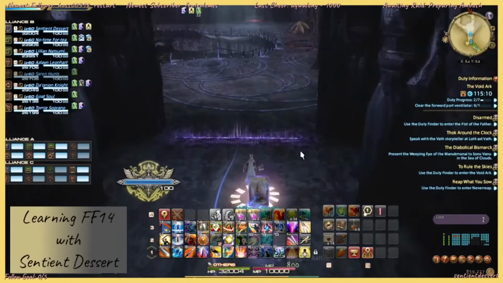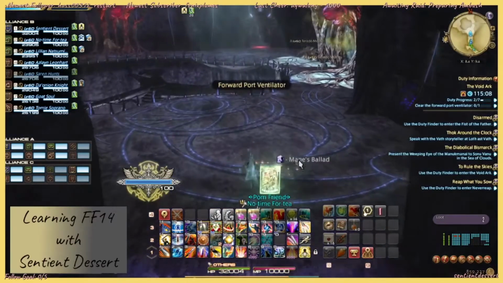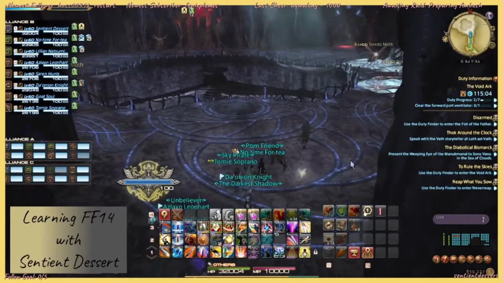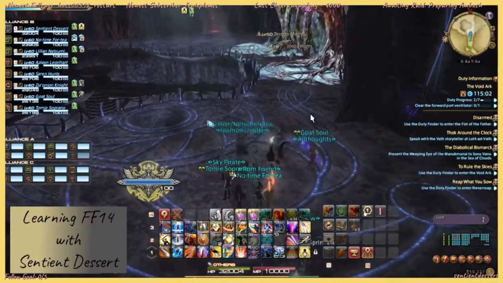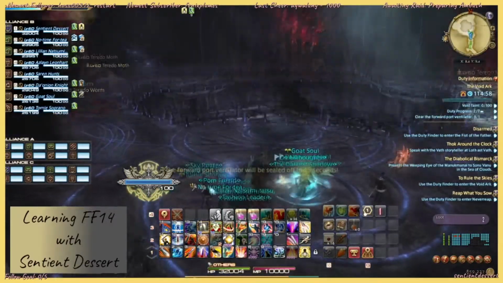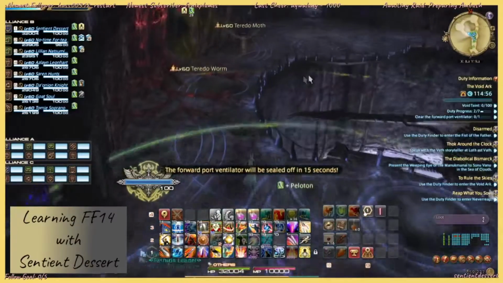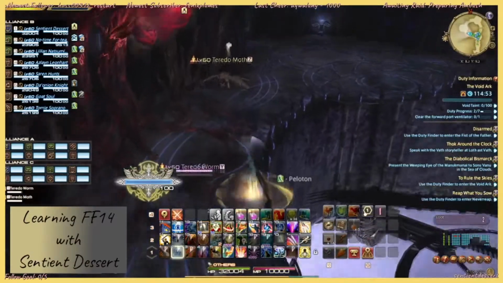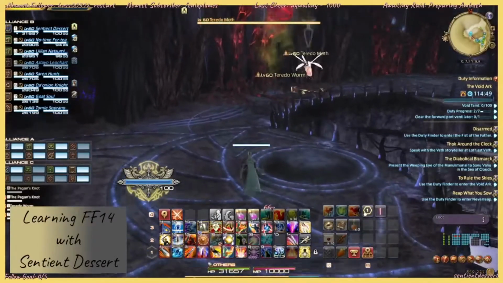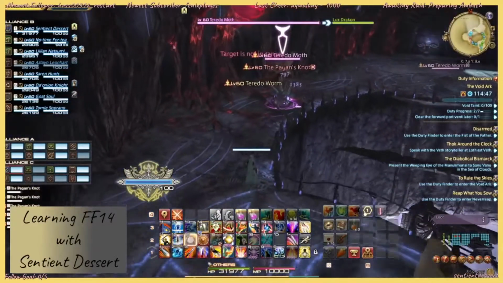Alright, this trash, there's a lot going on with this trash, more than the first boss. So we're going to wait for a lot of people to get up here. There are 3 locations, and basically the 3 tanks should take a different location. I'm B, so I technically have to run around to the other side. So when these two mobs die,